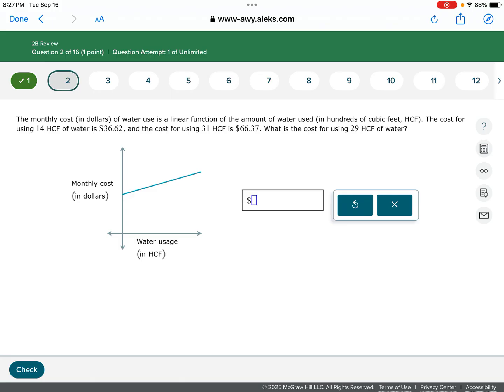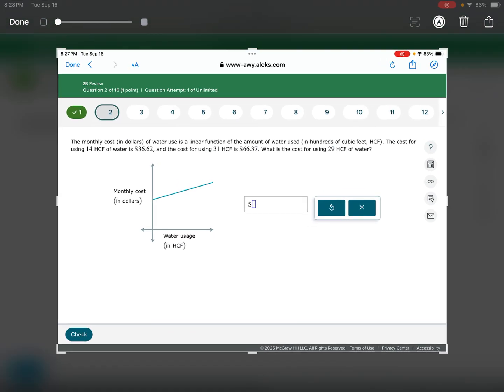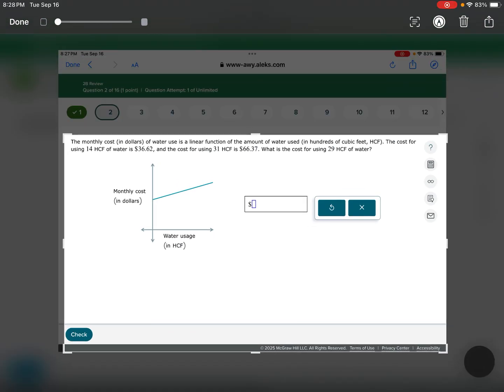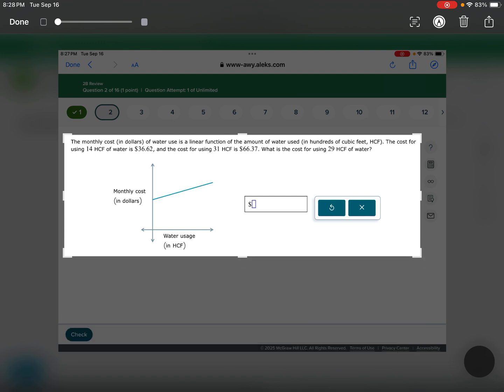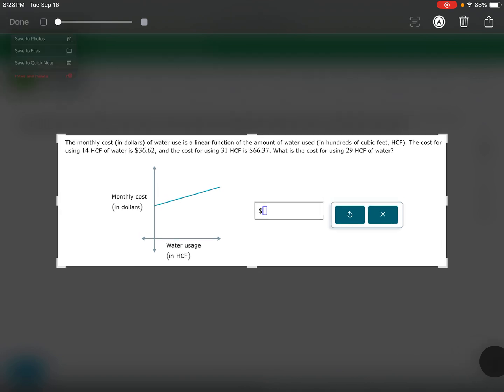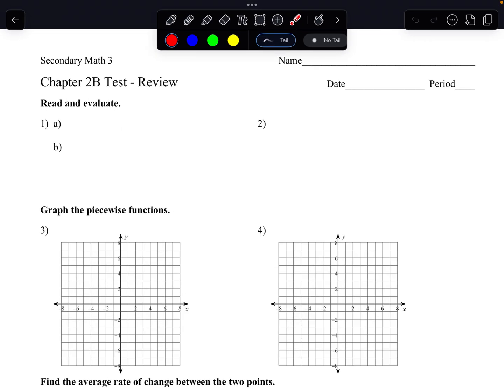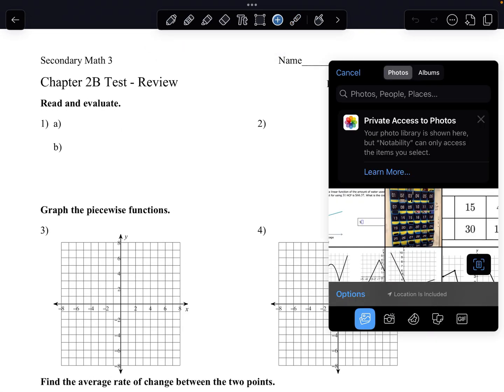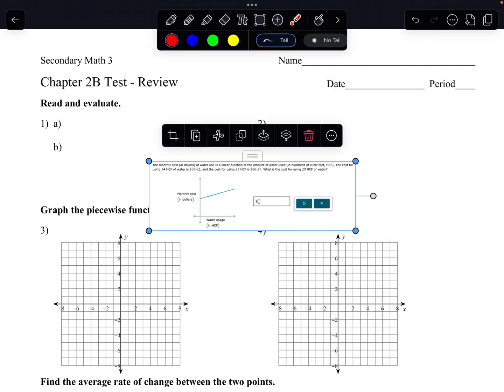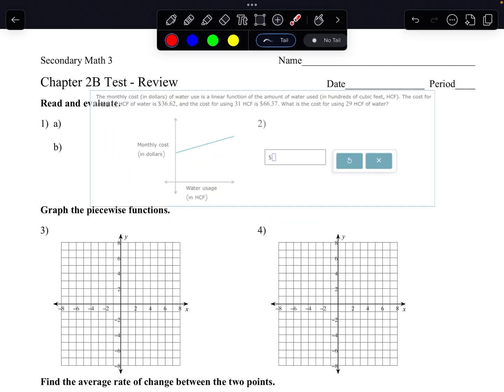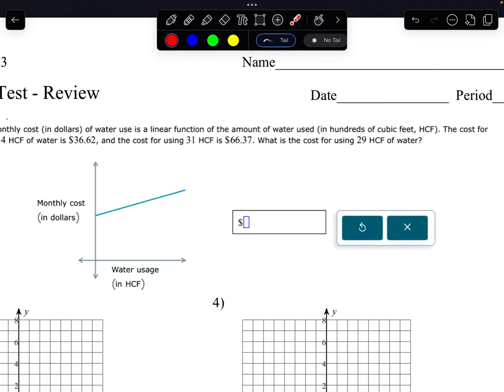All right, to question 2. I'm actually going to take a screenshot of this, and I'm going to work on this right here in Notability. So let me actually do that in here. Okay, so looking at it here,